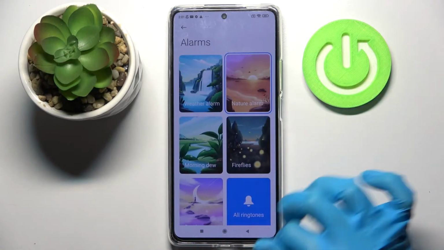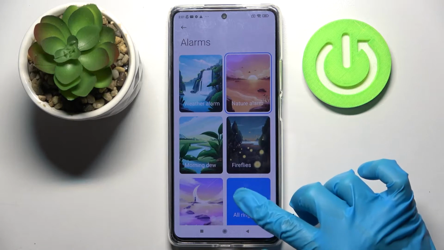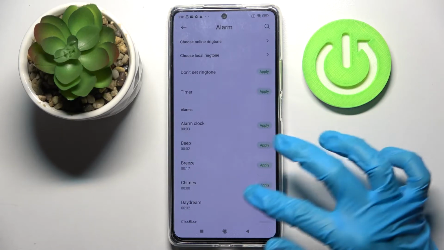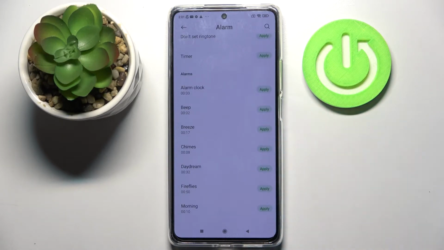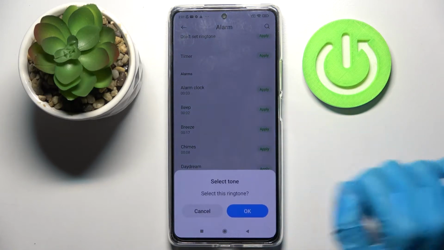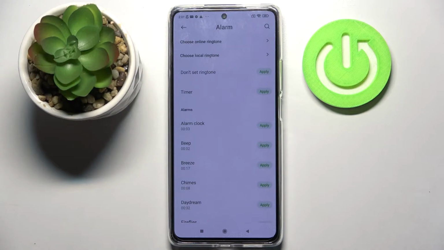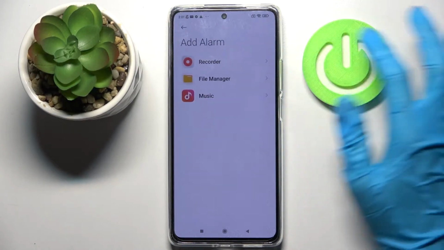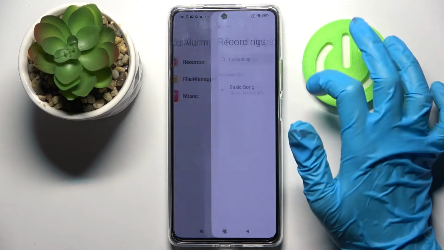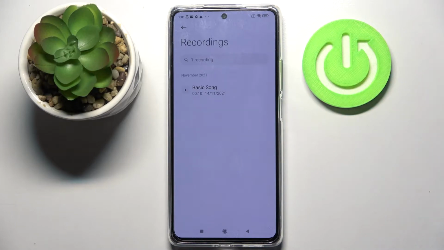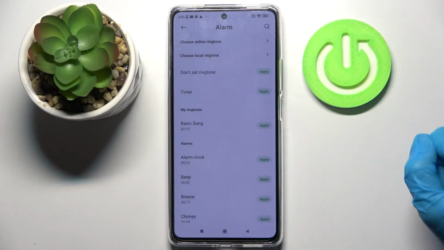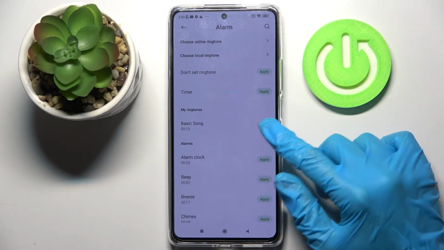Then choose ringtone, tap on one of those melodies or choose up all ringtones, and tap on apply next to the chosen melody. To select it, tap on OK in the pop-up, but you can also click on choose local ringtone, pick one of those sources like recorder and select one of the songs that you wish to set up, like that one. Then remember to choose apply next to it